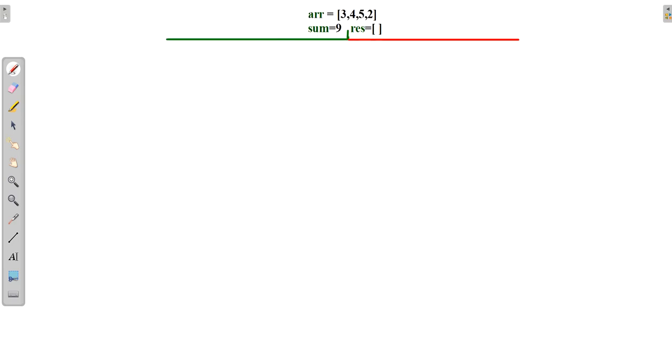Let's see how to calculate this. Here I have an array where I have to start with 3. So first of all, I'll select 3, and on the other hand, I'll reject 3. I can say include or exclude also. If I select this 3, now my array will be 4, 5 and 2, and the sum will be 9 minus 3, because I have taken 3 in my result.